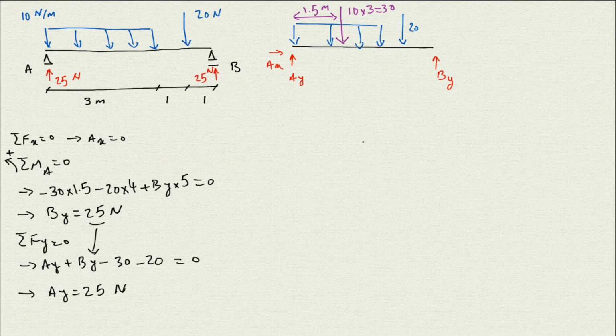Now that we have the reaction of support, we have to go ahead and cut through our beam to find the shear and the moment throughout the beam. Remember, anytime we have a distributed force, we have to have one section through the distributed force. The other thing is, anytime we have two sets of force, between two sets of force we should have a section. So we need one section in this distributed load, and between these two sets we need one section, and between these two sets also we need one section. So we need in total 3 sections